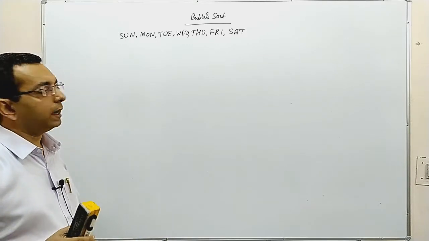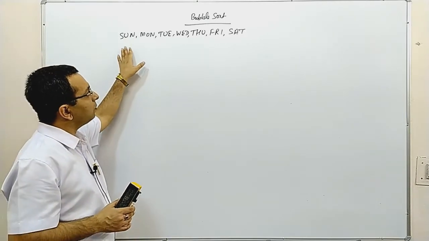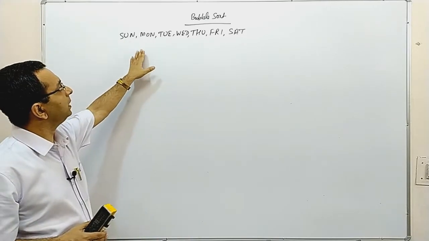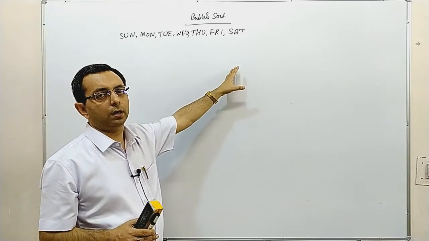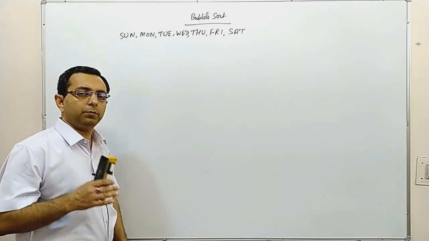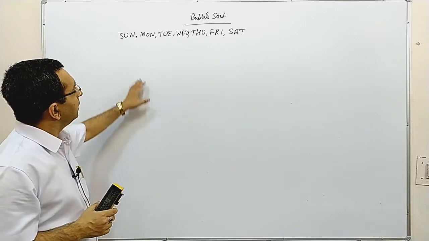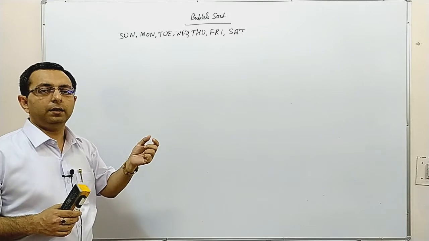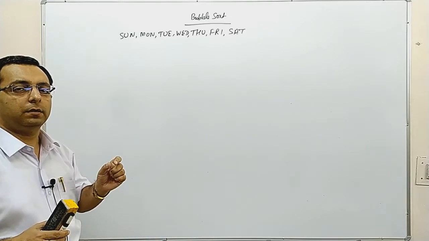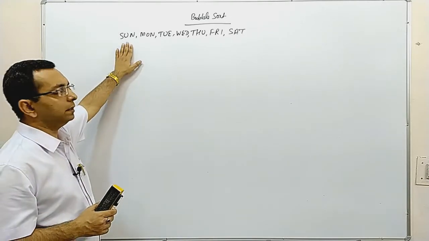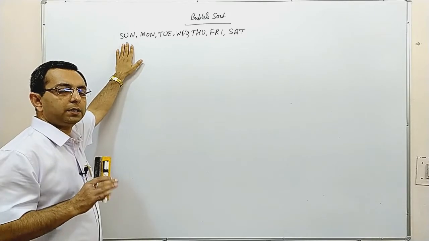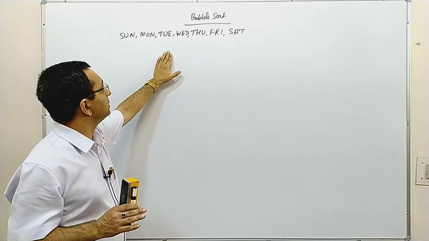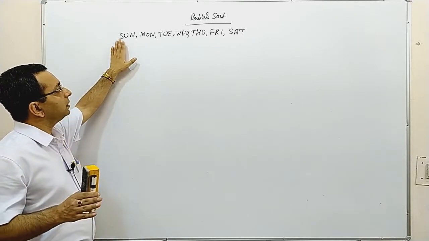Why is it not sorted? Because if you look with your eyes, Sunday, Monday, Tuesday, Wednesday are in sorted order, but through the computer programming concept, it is not sorted. Because Sunday is not Sunday for the computer. Sunday is just letters. SUN is just letters for the computer. It's not Sunday. These are just letters for your programming language.